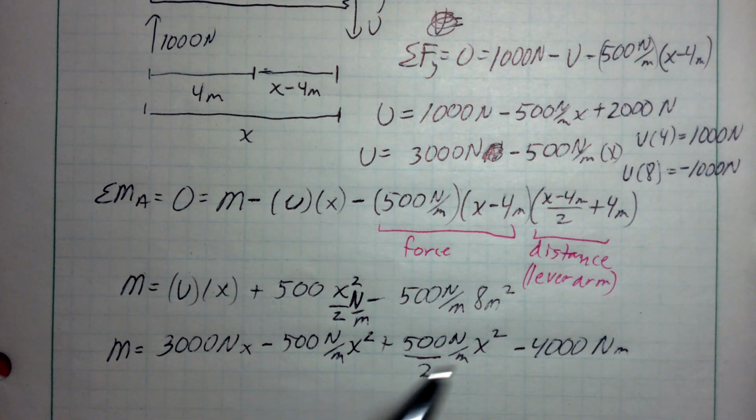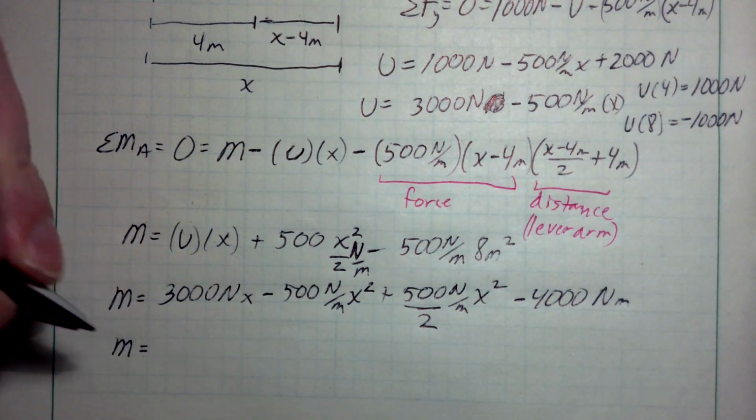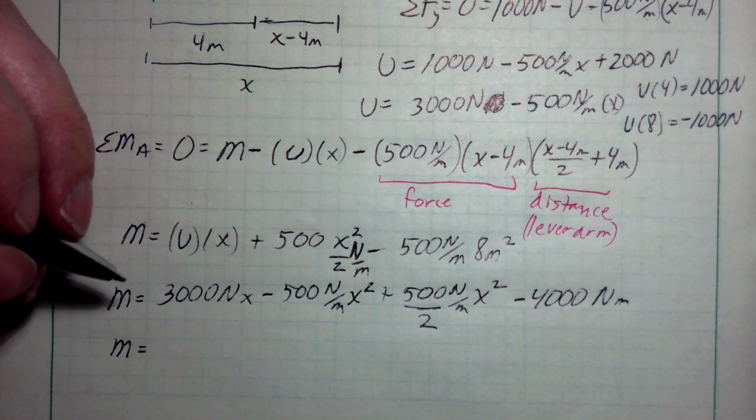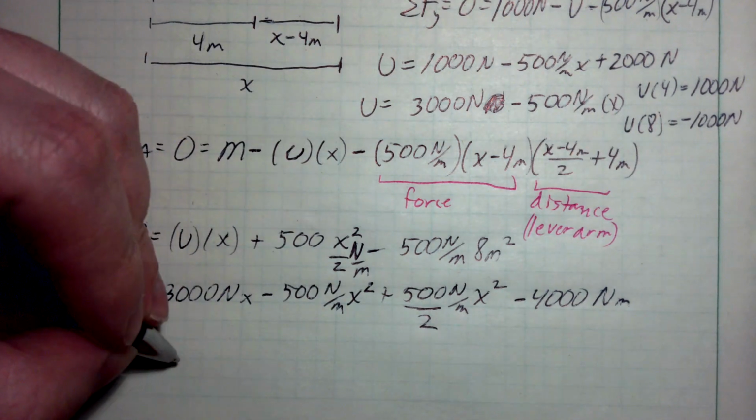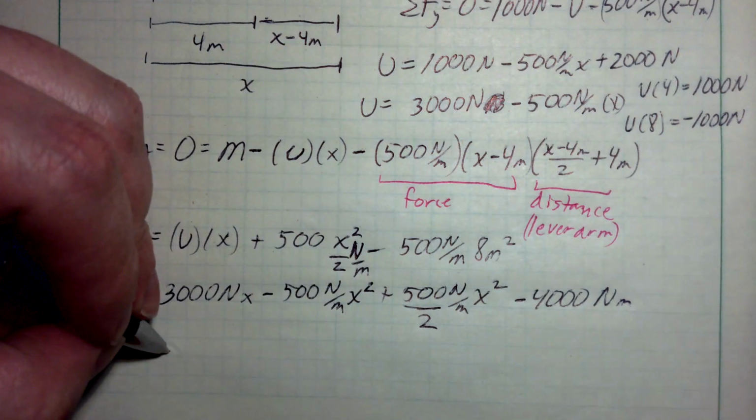So let's see here. I've got a constant term, no x on this one. I've got a linear term, 1x, and I've got 2 second order terms here. So this is going to be a polynomial equation. If you ever talk to a high schooler, it's like, why do I ever need to learn polynomials? Nobody ever uses these. You can tell them that they don't know anything about life and they need to pay